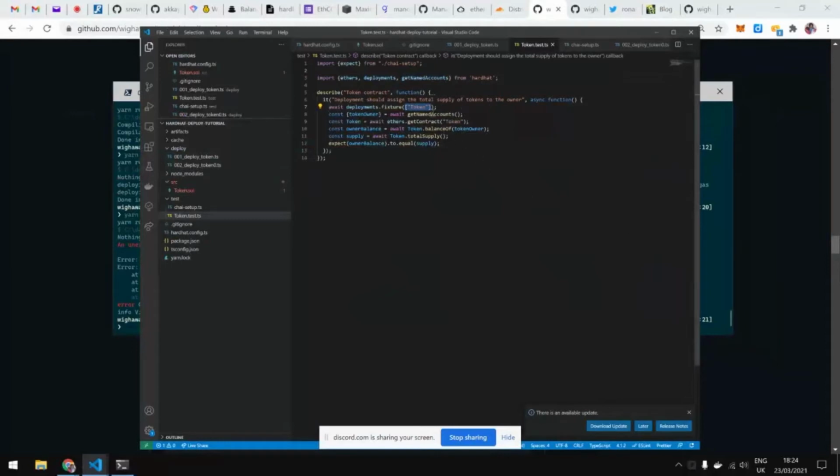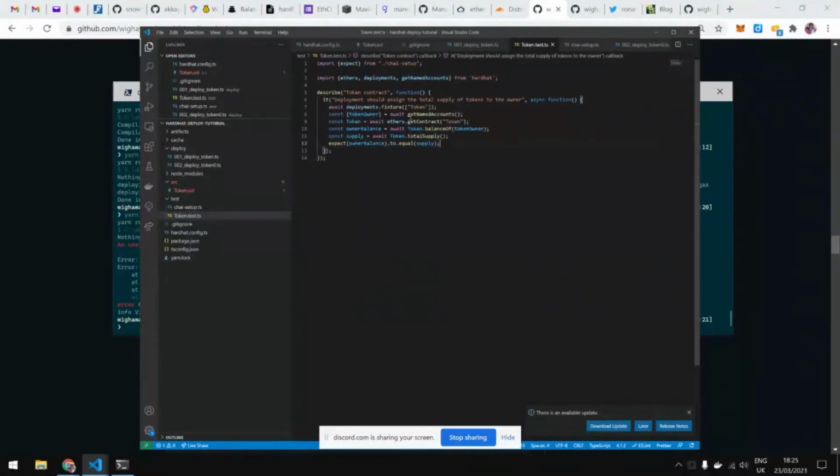So this means that once this line is executed, you know that you can access your token contract already deployed, already configured, and you don't need to duplicate yourself during the test. Similarly, we can access the named accounts in the test.